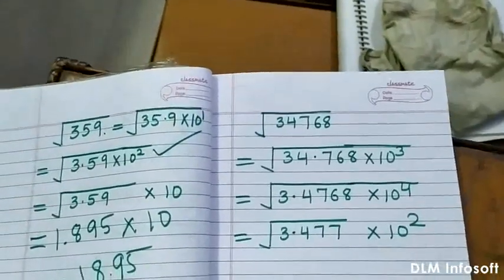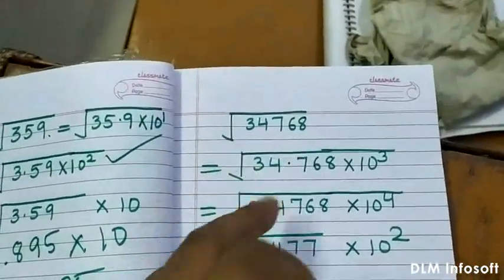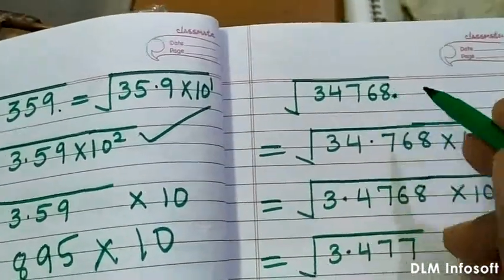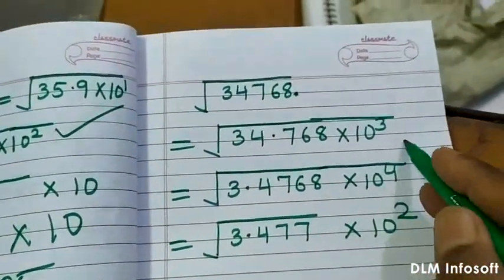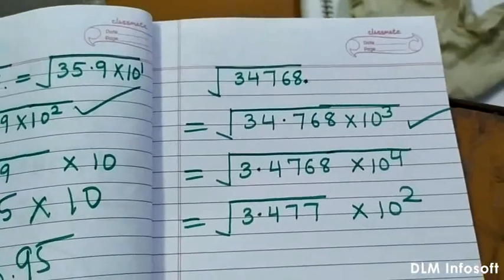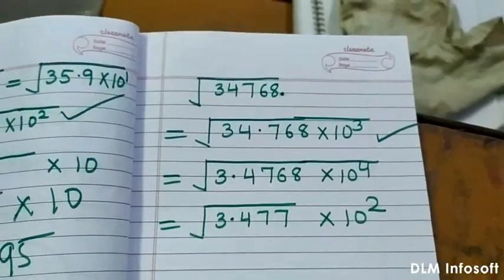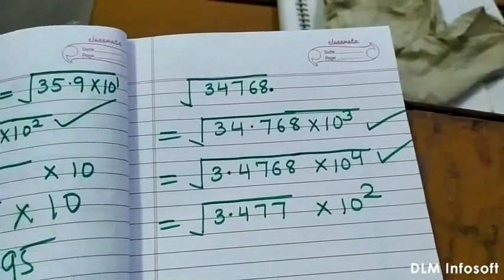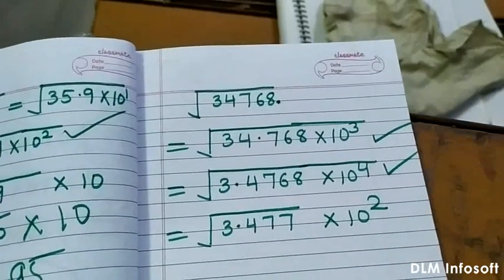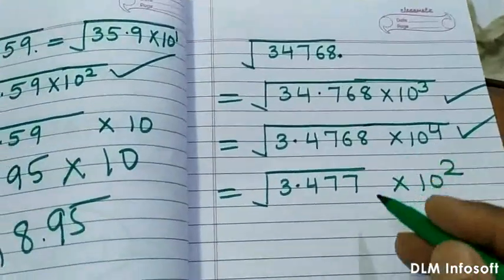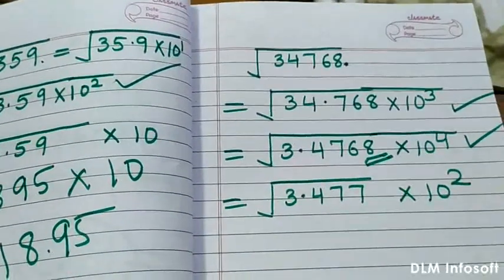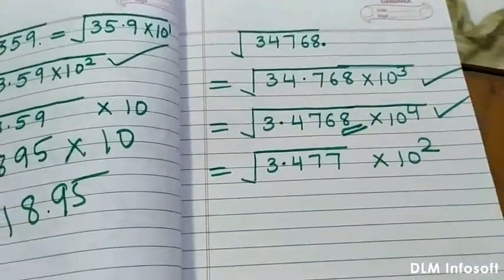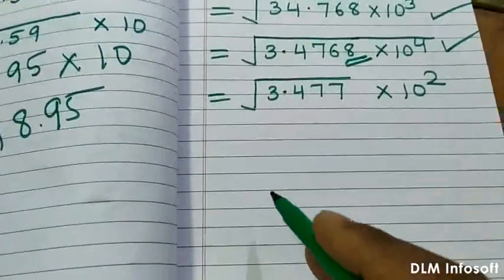Suppose there is a 5-digit number. So here how will you see? So it is 34768. If you write in decimal form, where is the decimal point? The decimal point is this. So you can write this way. It's clear. But when you write in this way, the power of 10 is odd. So you write in this way. Now here there are 5 digits, so you convert it to 4 digits. How will you convert? By approximating: it is more than 5, so you will add 1 in the preceding place. So it is 3.477.